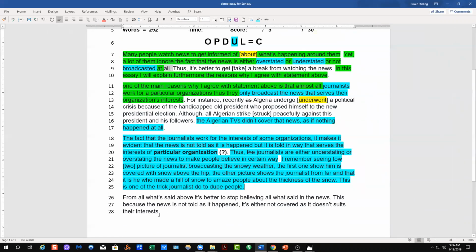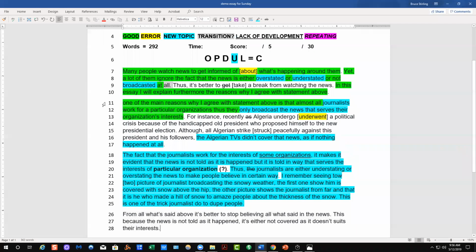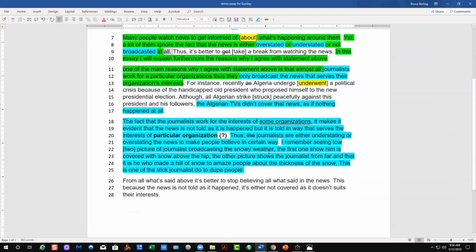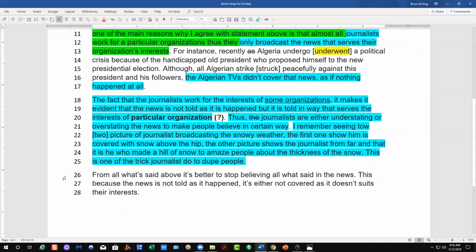So at this point, I really don't need to read on. But by this point, I know that this essay is definitely off topic. That is the number one issue here, right? It's off topic. It's not answering the prompt. But let's actually continue. Let's look at the conclusion. In fact, what you want to do here is you want to say after. I don't do a complete line edit here, just for time's sake. After all that's